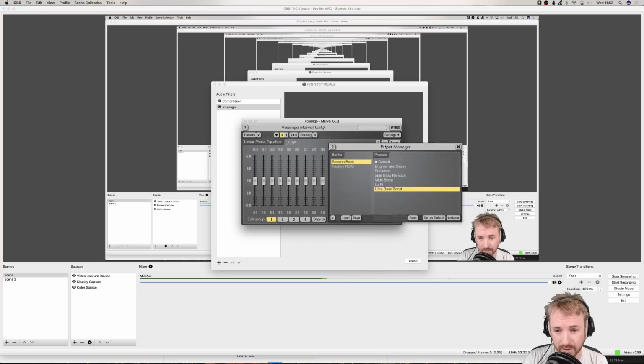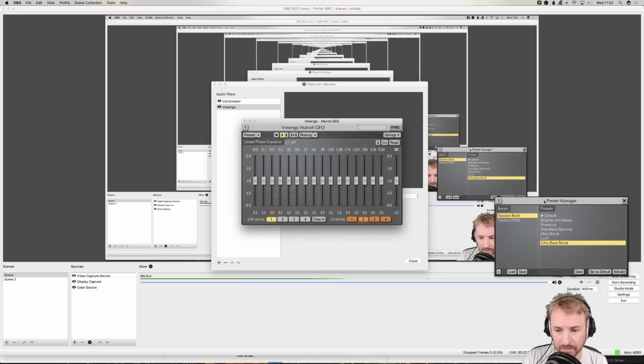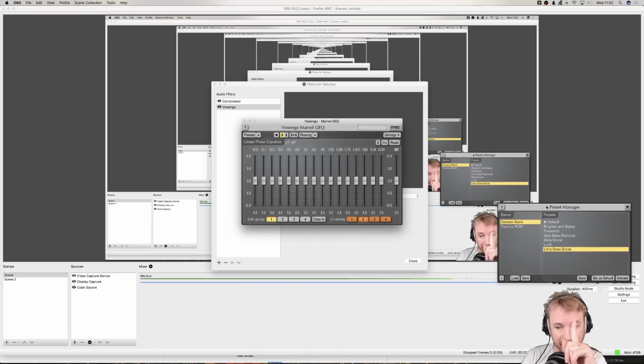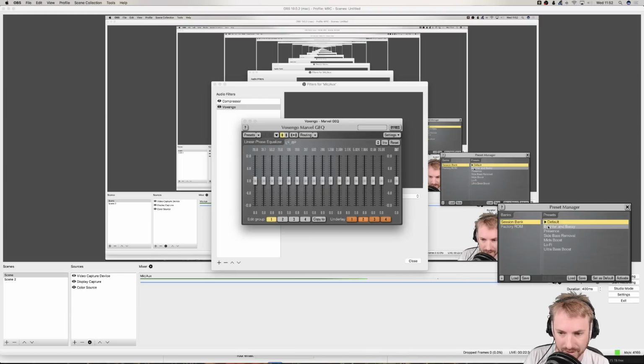And I'm going to drag presets over to be above my head. Oh, that's nice. Look at that. Yeah, there they are. So you've got these presets. At the moment, I'm on the default preset. You can see that's default. We got bright and bassy, presence, side bass removal, mids boost, lo-fi, and ultra bass boost. I think out of all of them, I like bright and bassy the best, so I'll get to that one the last. Please post in the comments now, if you're watching live, what your favorite preset here is